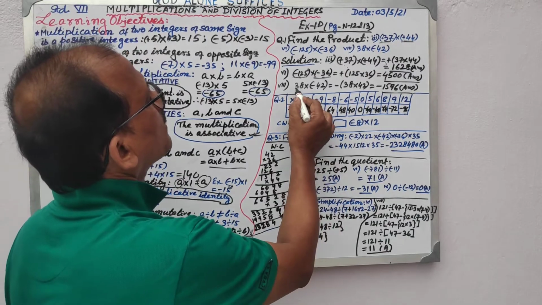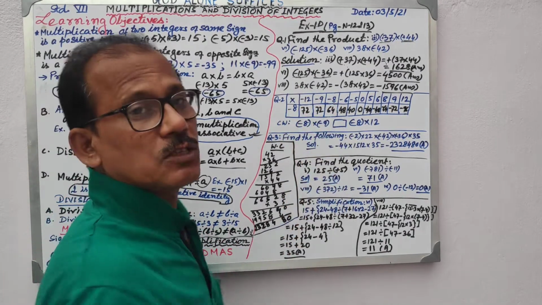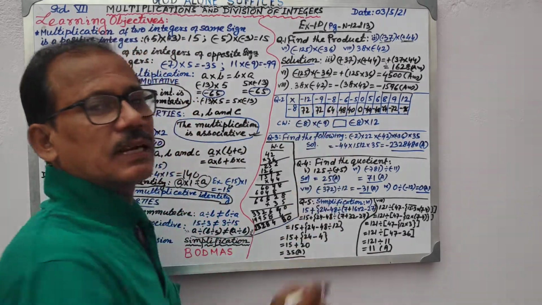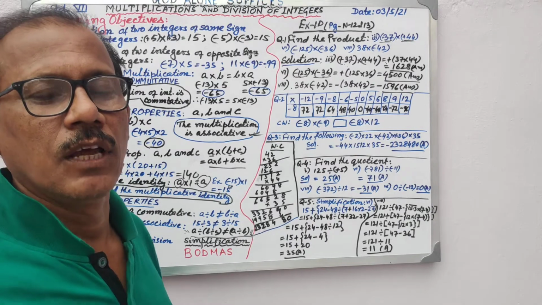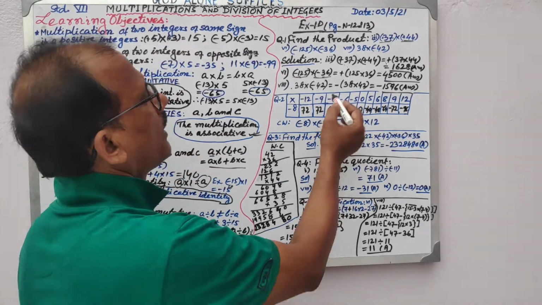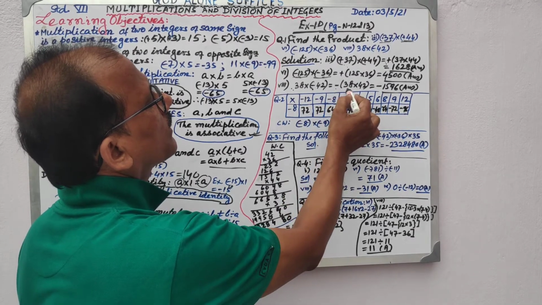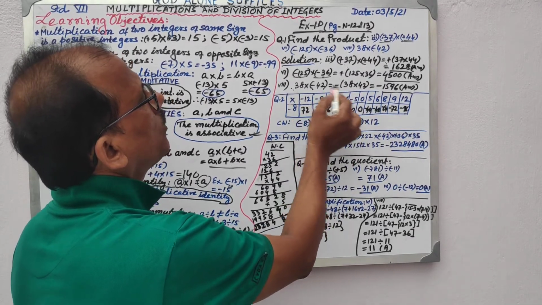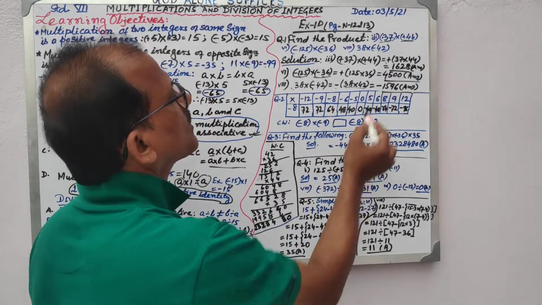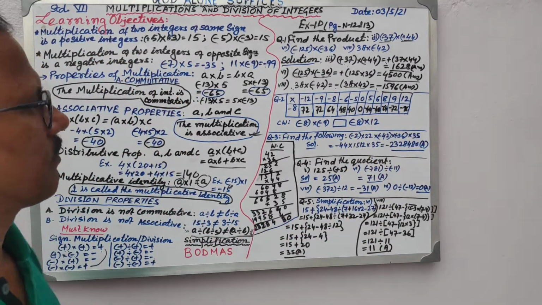Now the third example I have taken from question number 1 is the eighth one, 38 into minus 42. Here a positive integer is multiplied with a negative one. So one positive, one negative, definitely it will be negative only. So you find minus within bracket 38 into 42. The product of 38 into 42 will be 1596 and it will carry a minus sign. So minus 1596. Things are very simple.